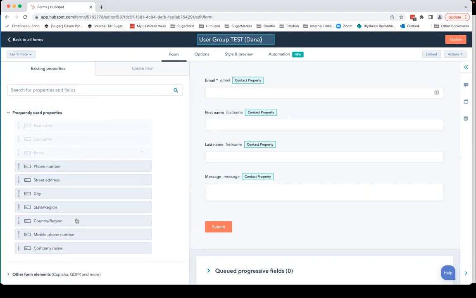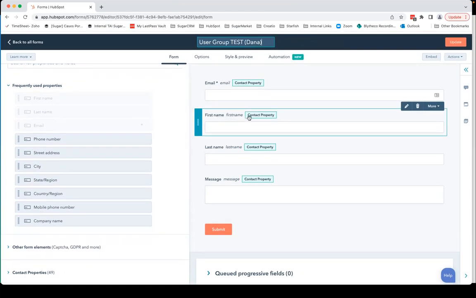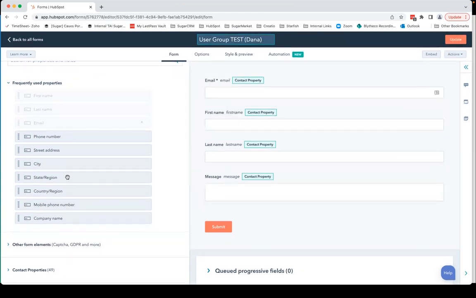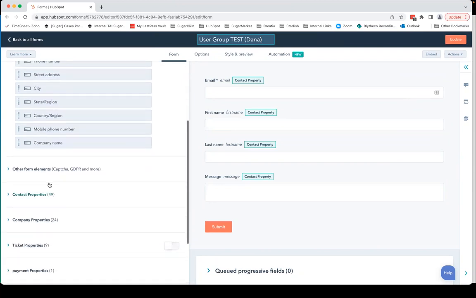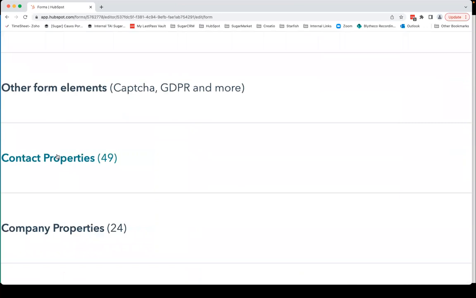On your left-hand side, you would see all the existing properties, and then you have your frequently used properties as well. So these are your standard email, first name, last name, message, and you have your typical state, region, mobile phone number, company name. But you will also notice